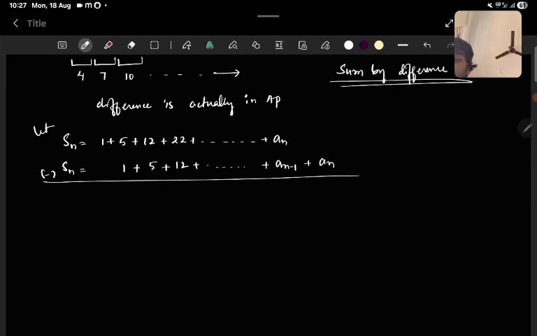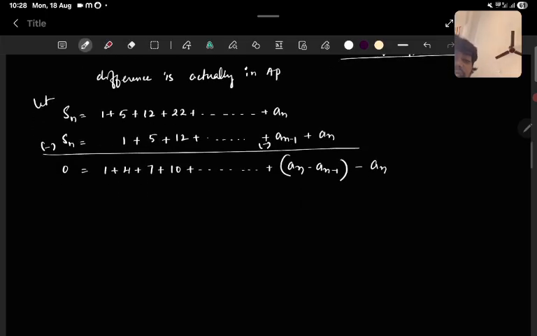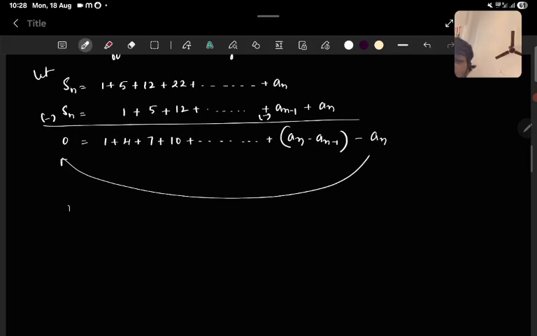It will be 0 is equal to 1 plus 4 plus 7 plus 10 plus so on up to An minus, this one, right? Minus An minus 1. Okay, minus An. Now what is the nth term? Take this to the front side. So it will be An is equal to 1 plus 4 plus 7 plus 10 plus so on up to An minus